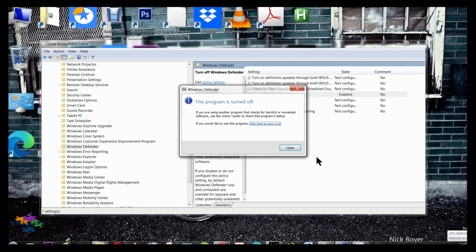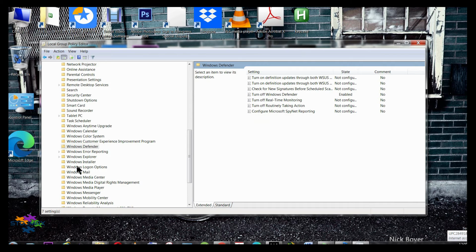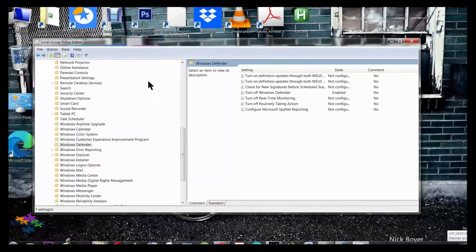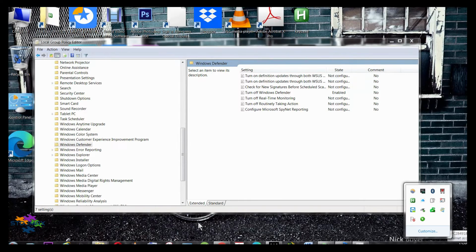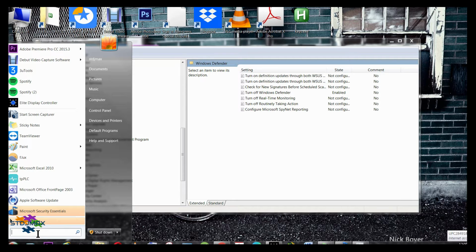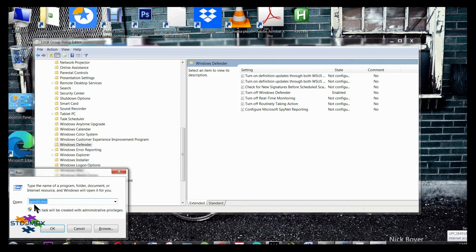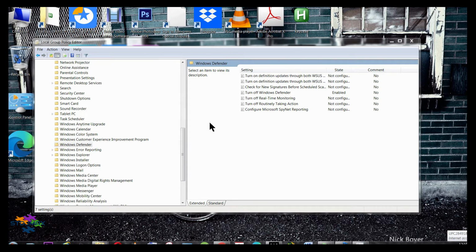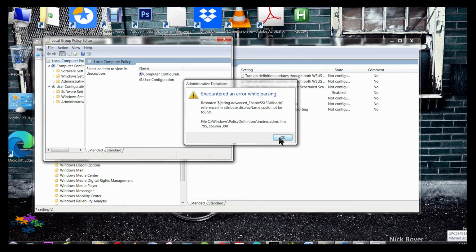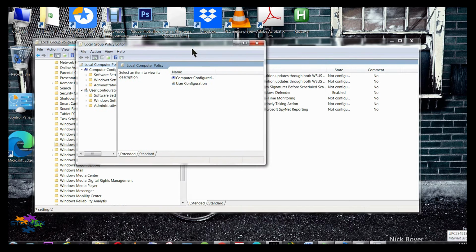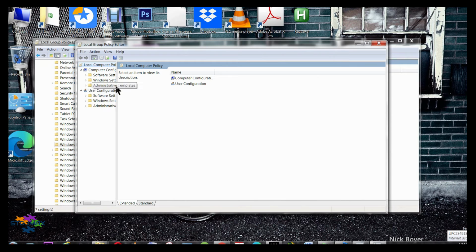Okay, so what's happened? If that happens to you, you have to open this window, which is located somewhere here. You go to Run, press that, and you open this policy. When you press OK, you get, obviously, a window, and you go down to these windows I'm going to show you here. So open this up, go to